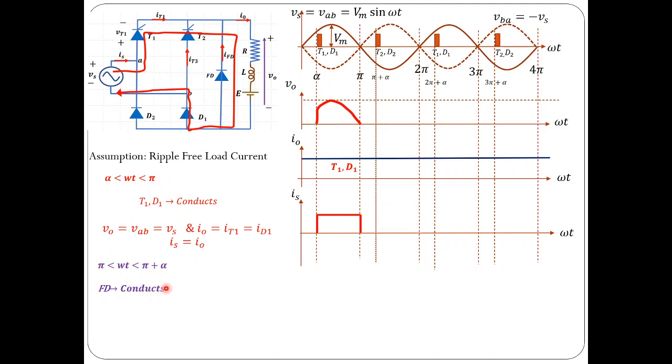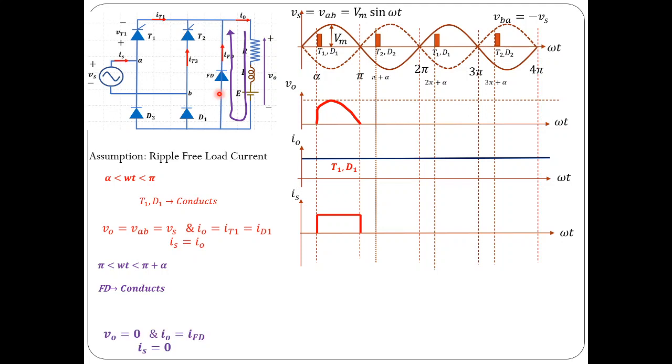So the freewheeling diode would conduct during this period. Due to negative voltage appearance across the load, current would shift or transfer from the previous conducting path to this path. So current freewheels through the freewheeling diode. And during this period, drop across load is the same as drop across freewheeling diode, which is 0 as the freewheeling diode is conducting, and while the diode is conducting, voltage across it would be assumed to be 0 ideally. So let me take an ideal diode, so it is 0.